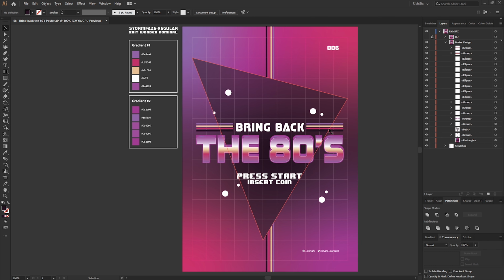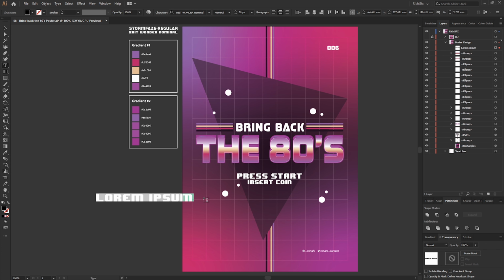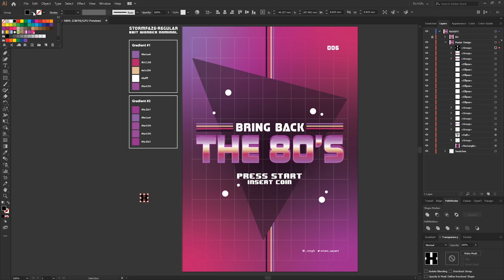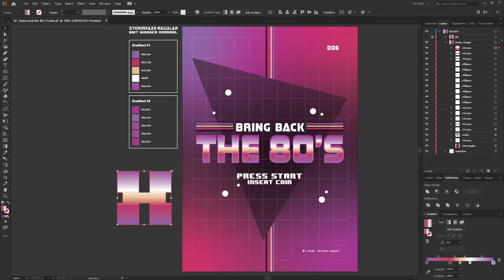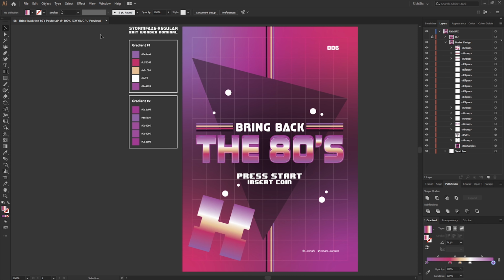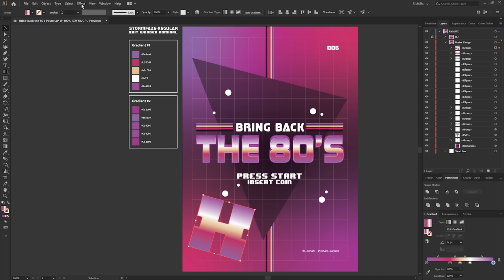There's another way we can still add depth to the poster, and that's to use a shape fairly big but then blur it out so it looks like it's in the front but your focus is on the middle of the poster. So using the 8-bit Wonder font, just type out a simple X, right click, Create Outlines, and then we want to use the same gradient as we have done for our text, and then we can just enlarge and rotate the shape, move it into position,